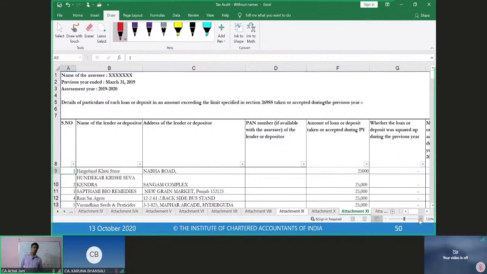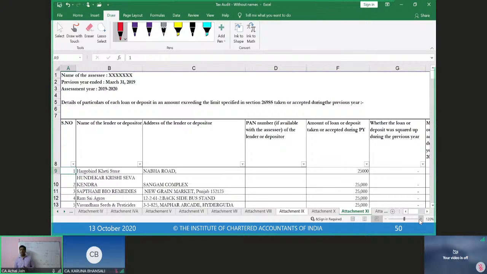For this purpose, the auditor will need to track down all of these parties from whom such transactions would have taken place, and he will have to carefully scrutinize their ledger and ensure that in case the transactions were squared up or the amounts were squared up, still they would have been reported by the management over here.